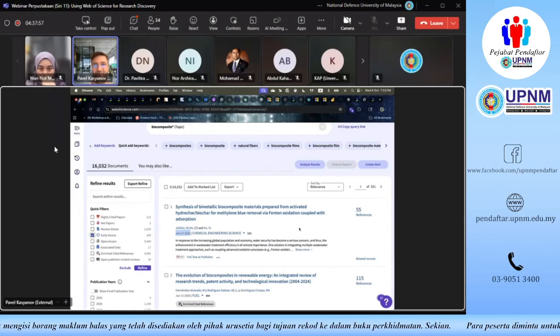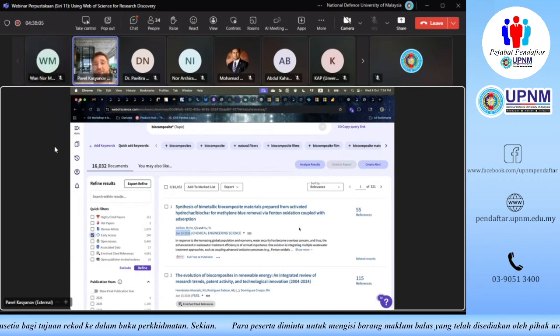But yes, it has passed all the processes for double-blind peer reviews, for example. So you can already start reading the document right now. So that's how we see some of the content in Web of Science ahead of its publication date. But that's not what I wanted to show you.